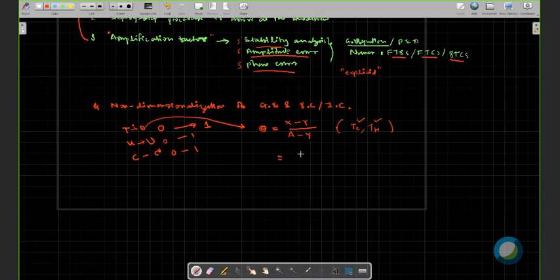So the trick is like this. Any variable whose value has a minimum and a maximum is taken like T minus TC over TH minus TC. Now you know that this is the maximum value and this is the minimum value. When T becomes the maximum value, it becomes TH, and when it is a minimum, it becomes TC. So you see here, when it is a maximum, this whole becomes 1, and when it is a minimum, it becomes 0.